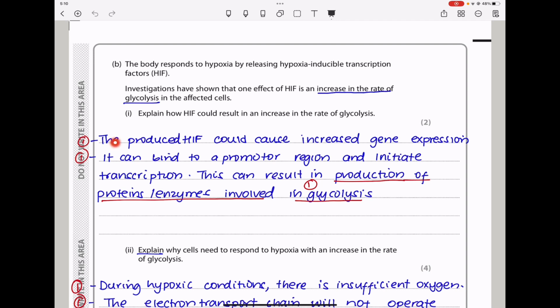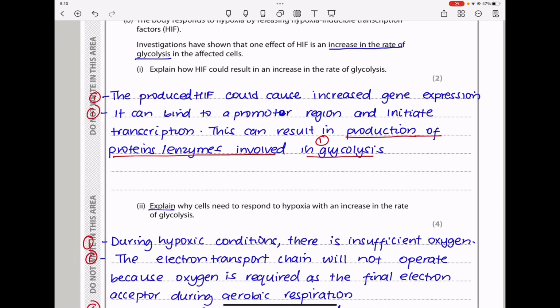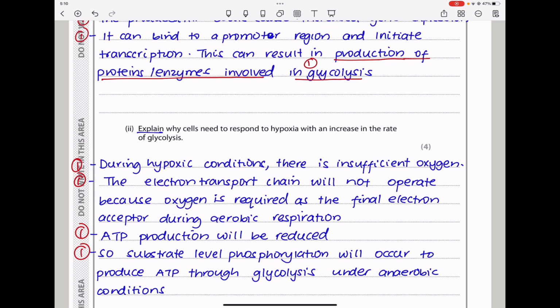So here I said, the produced HIF could cause increased gene expression, meaning acting as a transcription factor. It can bind to a promoter region and initiate transcription, and this can result in production of proteins or enzymes involved in glycolysis. And down here they say, explain why cells need to respond to hypoxia with an increase in